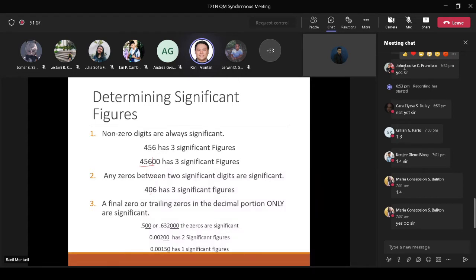45,600. If you're going to increment it, what value will it be in three significant figures? 45,700, sir. Correct. 45,700. Meaning, guys, sometimes some measurements have that kind of increment: 45,600, 45,700, 45,800. Meaning, even if you have